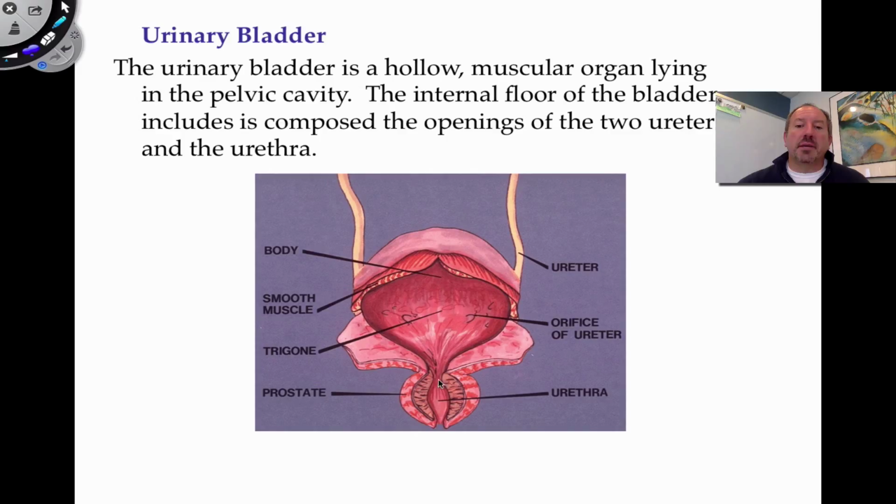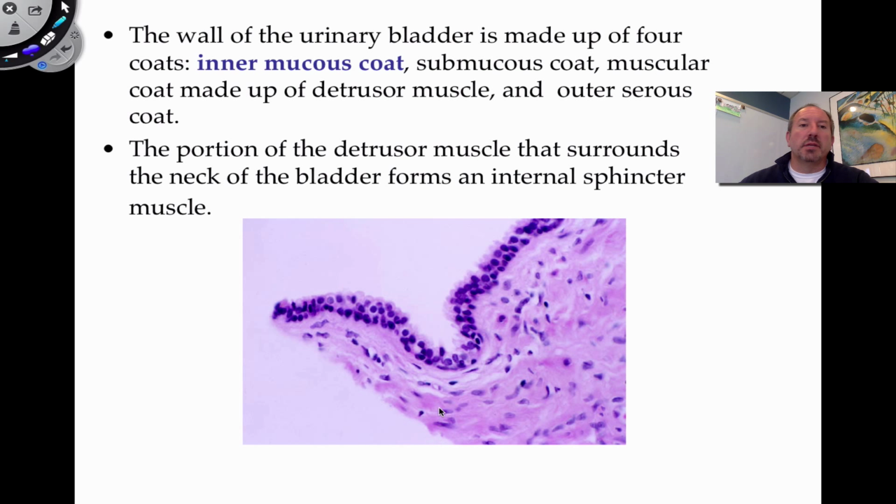How do I know that? Because the urethra is then surrounded by this reproductive gland called the prostate that produces fluids, mainly alkaline fluids, which then associate with the semen in order to keep the semen alkaline, because it's entering into the birth canal. And so the urinary bladder is made up of four coats, and this inner layer called the mucosa is